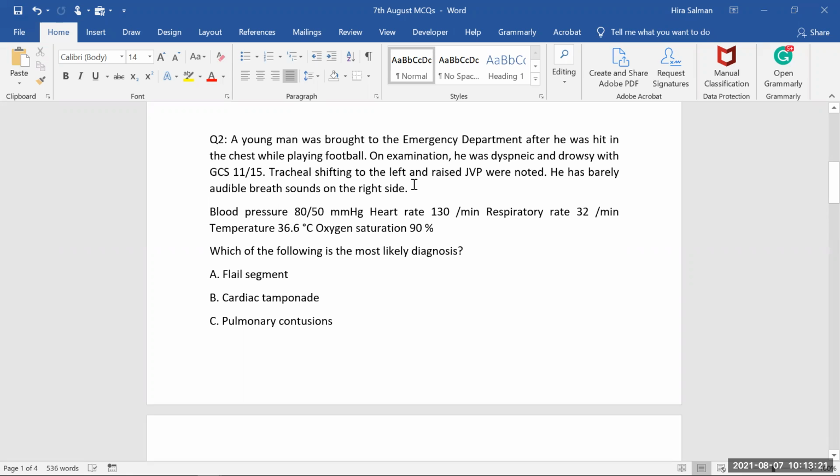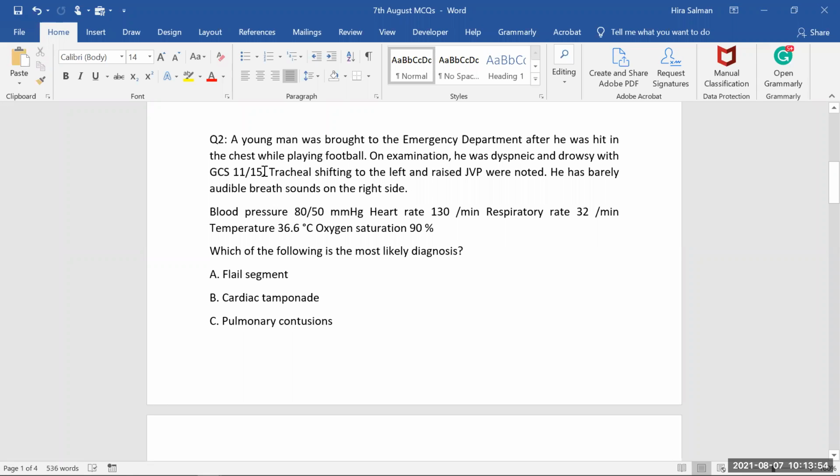Tracheal shifting to the left and raised JVP were noted. He has barely audible breath sounds on the right side. So of course, there will be accumulation of air on the right side. Because of that, you see the patient is having decreased breath sounds. So with tension pneumothorax on the right side, it's true, as written here, that there is tracheal shifting to the left. So once the breath sounds on the right side are decreased and the trachea is shifted to the left, and he is having a clear traumatic history, it means that this is a clear case